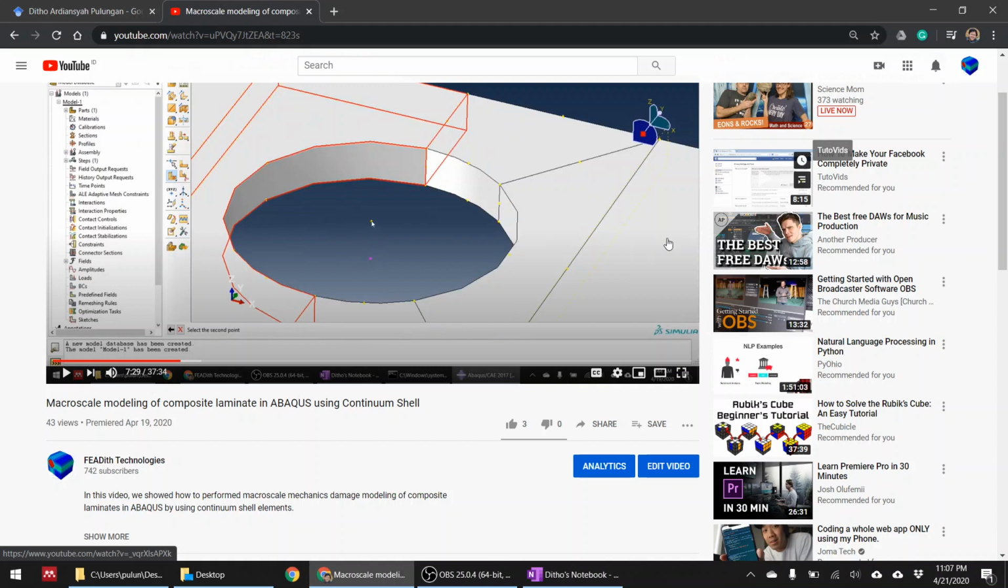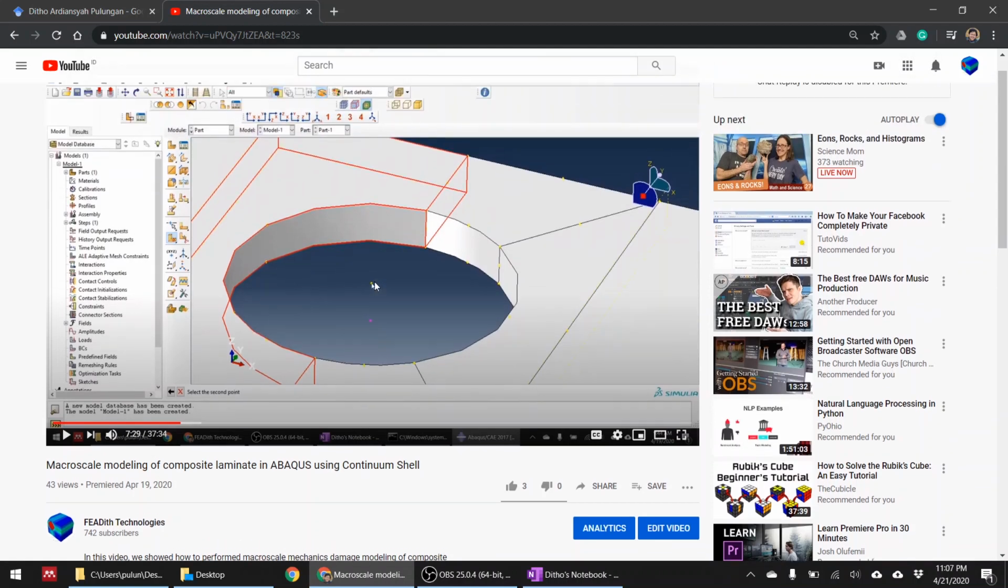In the previous video, the one I show you on the screen, I already gave you a tutorial on how to model a composite laminate using macro scale modeling. In this case, we only have one single layer of continuum shell, but this continuum shell actually has several plies with different orientations. And in today's tutorial, every ply is modeled explicitly. The difference is that